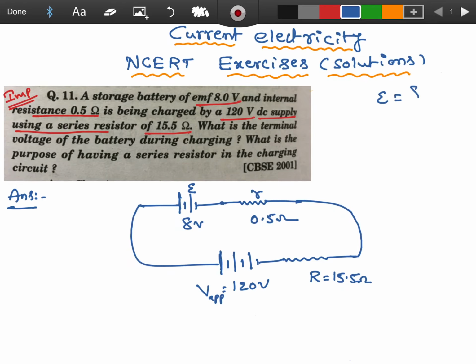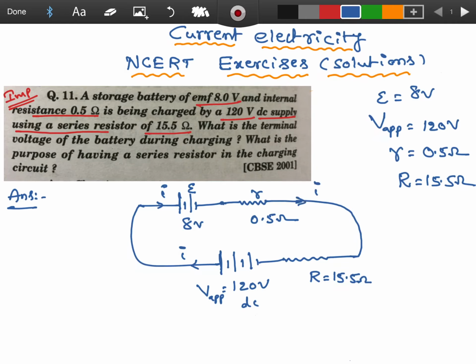E equal to 8 volt, applied voltage to the storage battery 120 volt, internal resistance 0.5 ohm, external resistance 15.5 ohm. What is the charging current? Here charging current, this battery, applied voltage DC to 120 volt DC supply, what it does, it charge this battery with a current I. What is the charging current? In this case, charging current